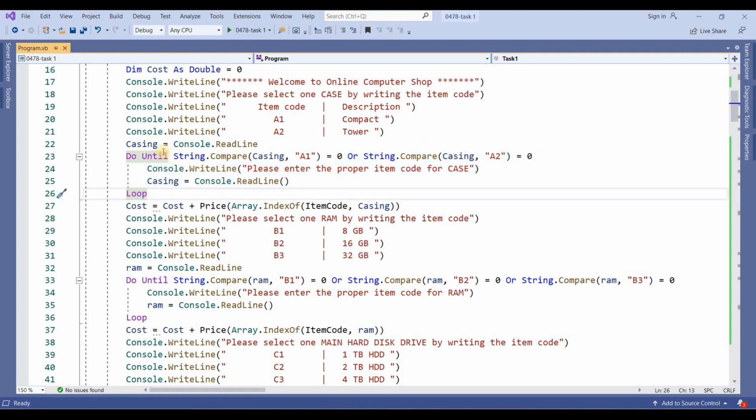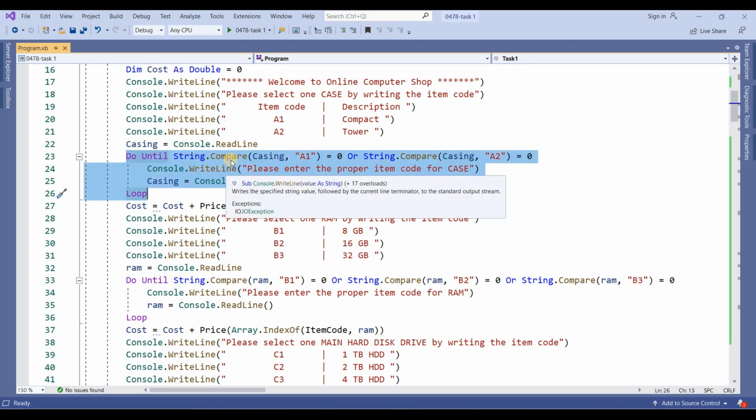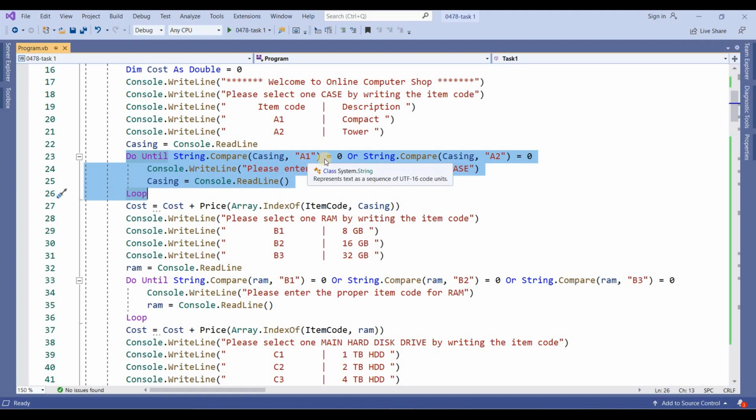What I did, I am checking there, do until. It will repeat the loop: string dot compare casing comma A1 equal to 0. Check whether the user has entered A1 by comparing this equal to 0. If both match, the result will be 0. Or compare casing, what you have entered in this variable, and A2 equal to 0.